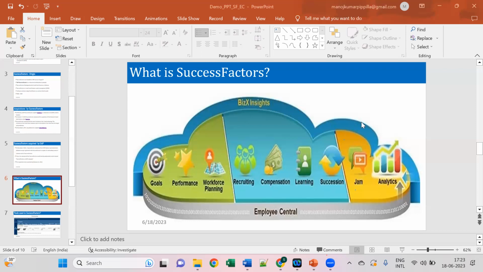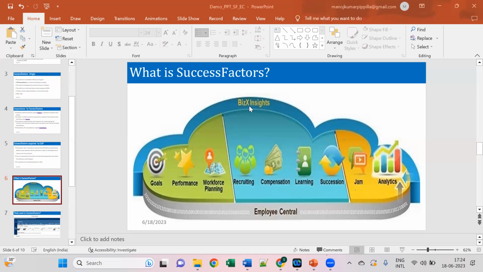Once he's selected, we need to do the onboarding for that employee. While doing onboarding, we need to collect some information from him, and send some documents to him for signature and have them sent back. Many things happen in the process of onboarding. To do all these things, there is a separate module. All these modules together, we call the BizX suite. Here we can see BizX.